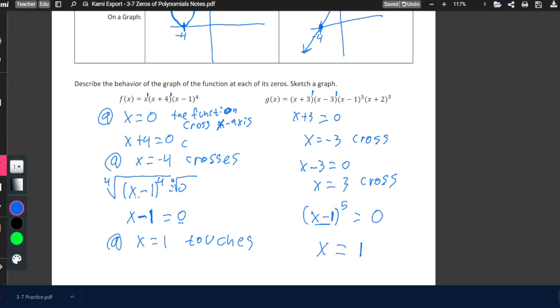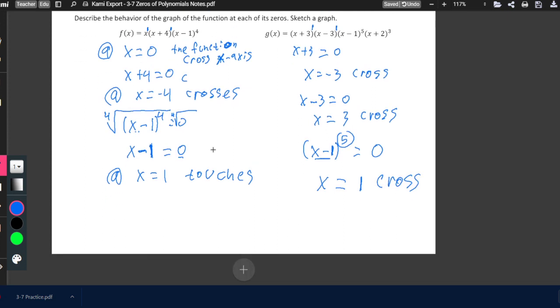So it is x equals 1. We have a degree of 5. Does it cross or just touch? It crosses. And then last but not least, we have (x plus 2) to the 3rd equals 0. So that means x equals -2. And we have a degree of 3, so that means it crosses. And that's it for